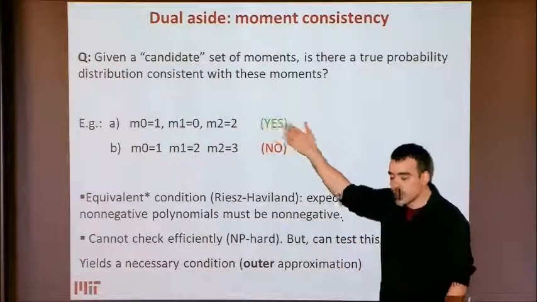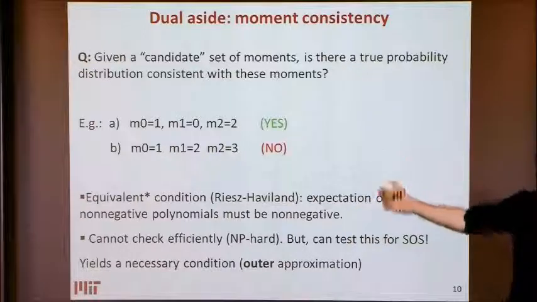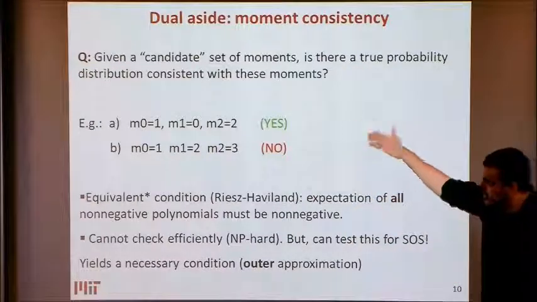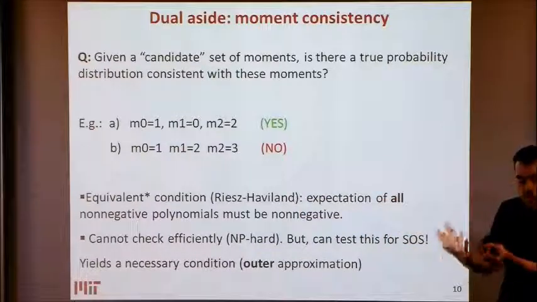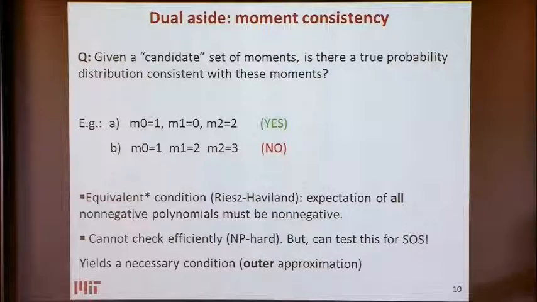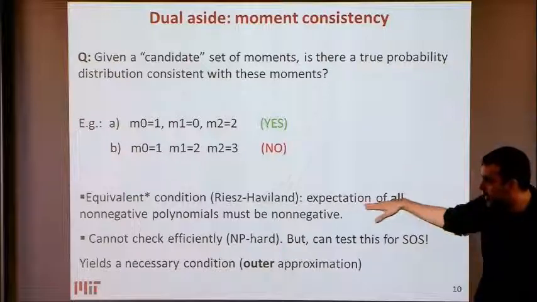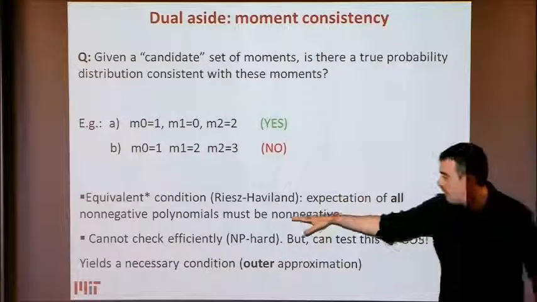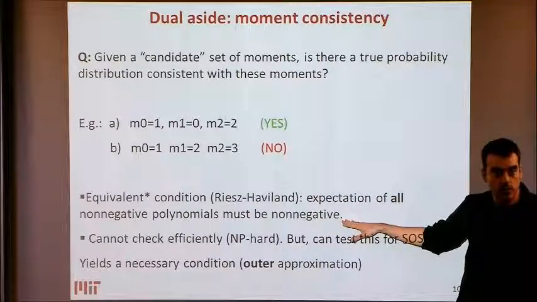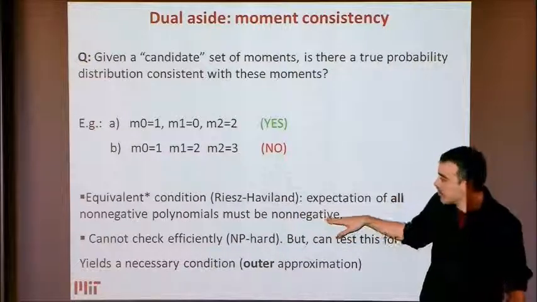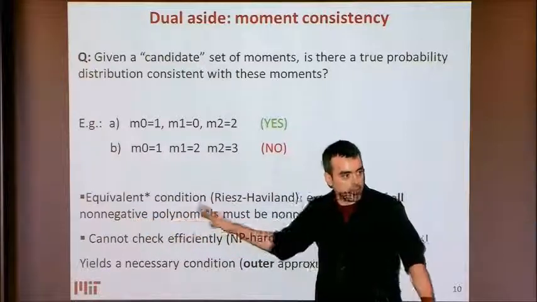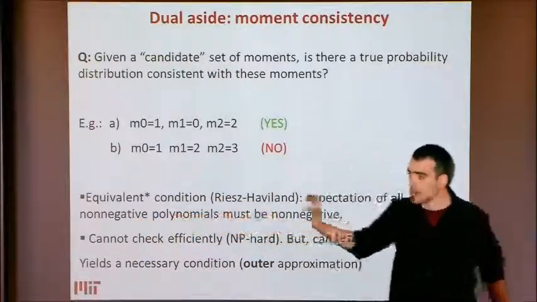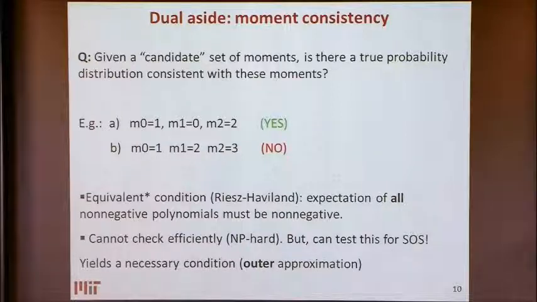Right? So why does this polynomial stuff that I was telling you before give an answer to this? Because, of course, there's an equivalent characterization, I'll tell you what that star means in a second, of when a set of moments is actually consistent with an underlying probability distribution. Essentially, the only thing that you need is that the expected value of all non-negative functions has to be non-negative. And I'm working here on a compact set, so because polynomials are dense, I can just look at non-negative polynomials.